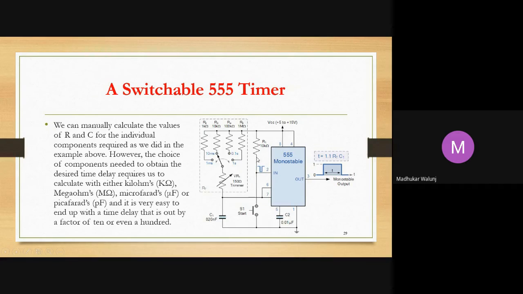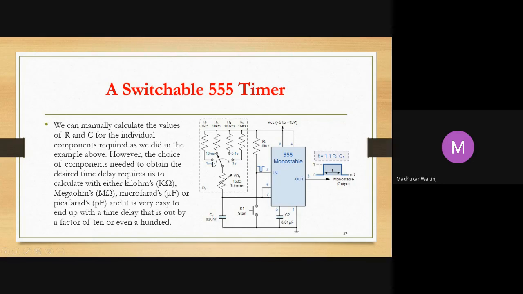We can go for another circuit where the resistor is adjusted in such a way. Look at the circuit here, having a switching action at pin number 2, or a negative pulse at pin number 2, where the triggering action is done. There is a circuit where we have a 150 ohm trimmer connected to other resistors like 1 kilo ohm, 10 kilo ohm, 100 kilo ohm and 1 mega ohm. So whichever particular timing is required, in that case we can have a switchable 555 timer.